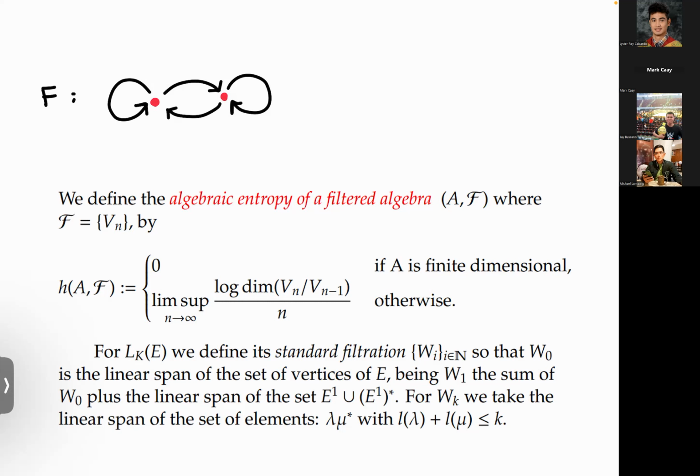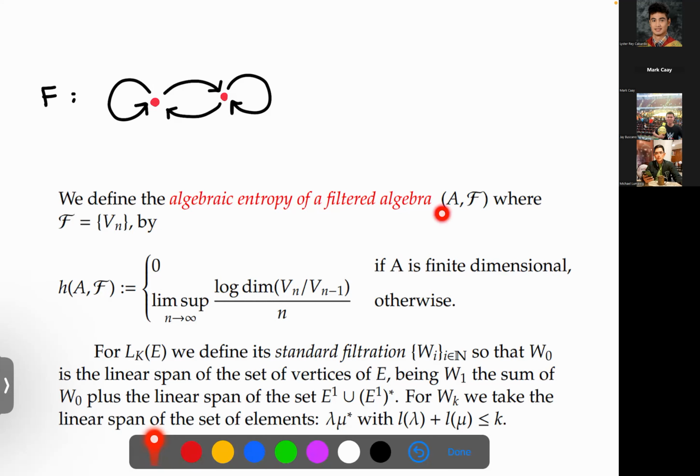If you have a filtration, it looks like a sequence of sub-algebras in your algebra, satisfying some conditions. You take a look at those sub-algebras and say that, okay, if A is finite dimensional,